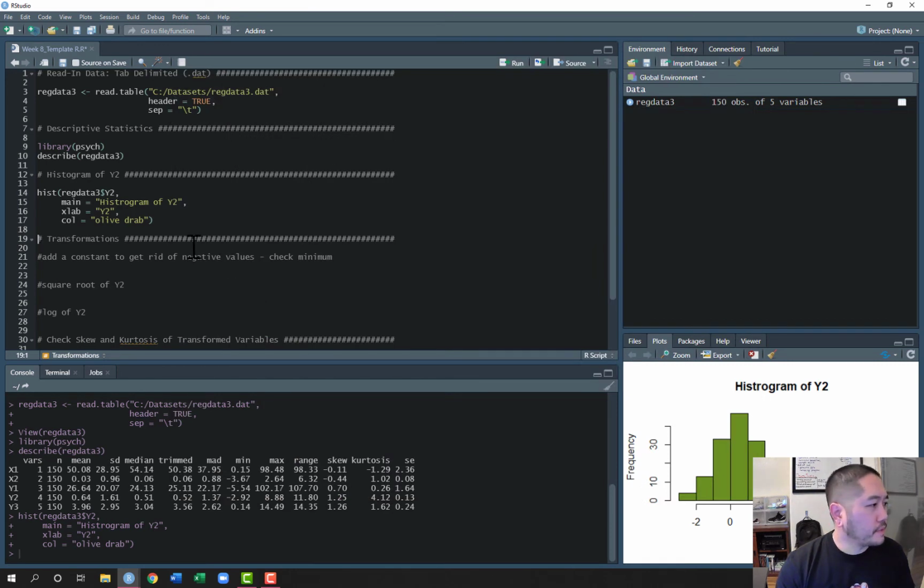Okay, so let's go ahead and transform our variables. But before we get to transforming, as you can see here for y2, the minimum is a negative number. And when we're square rooting or transforming using a log transformation, negative values will pose a problem for that. So let's go ahead and shift the distribution by adding a constant so that we don't have any negative numbers. So the way that we'll do that is we'll create a new variable